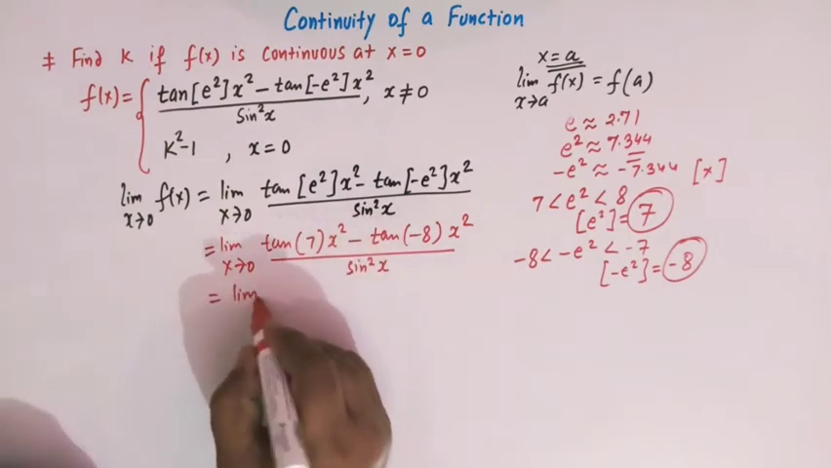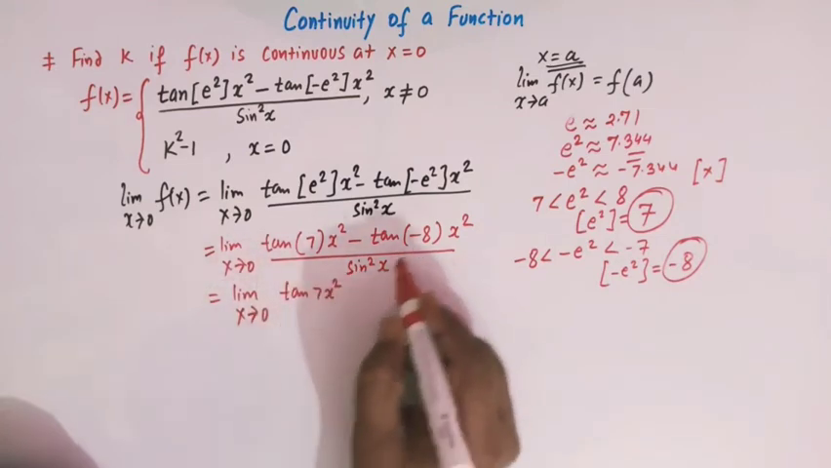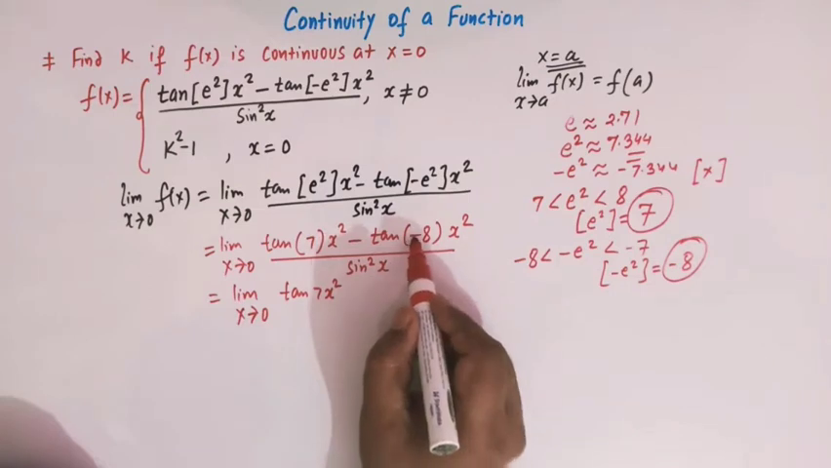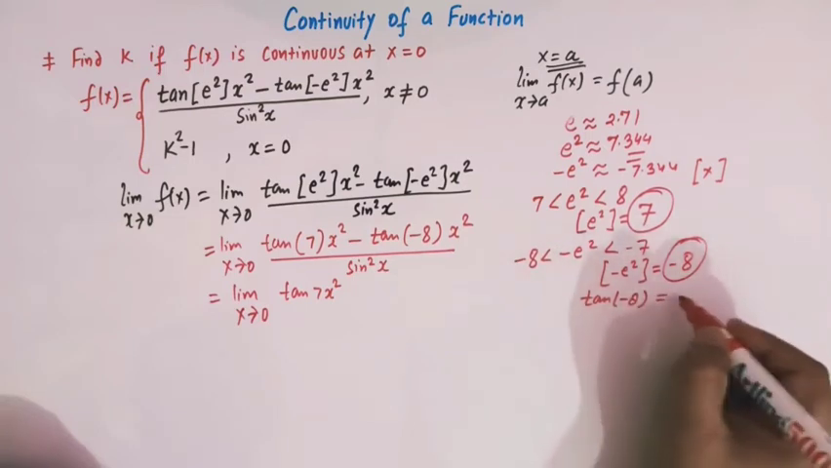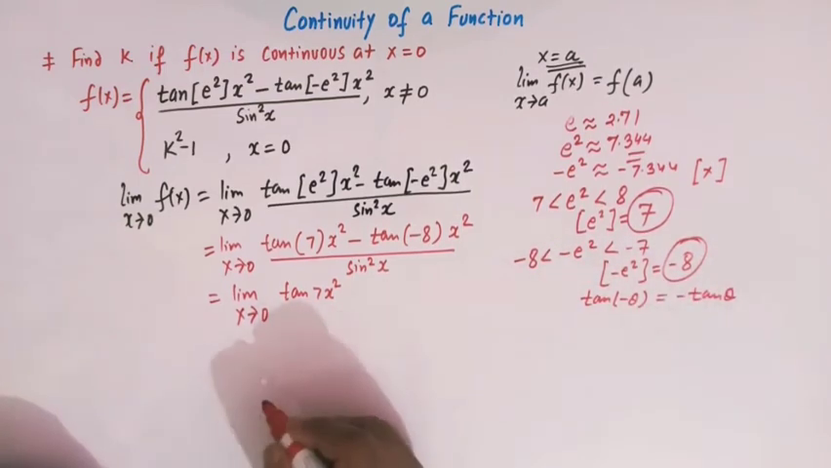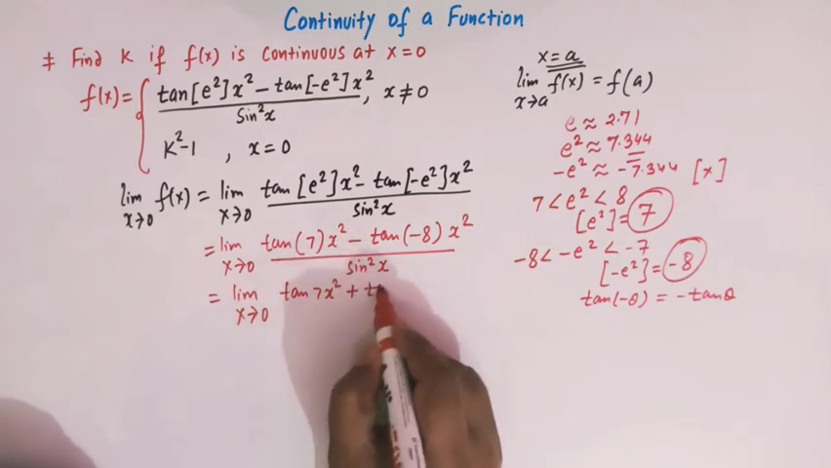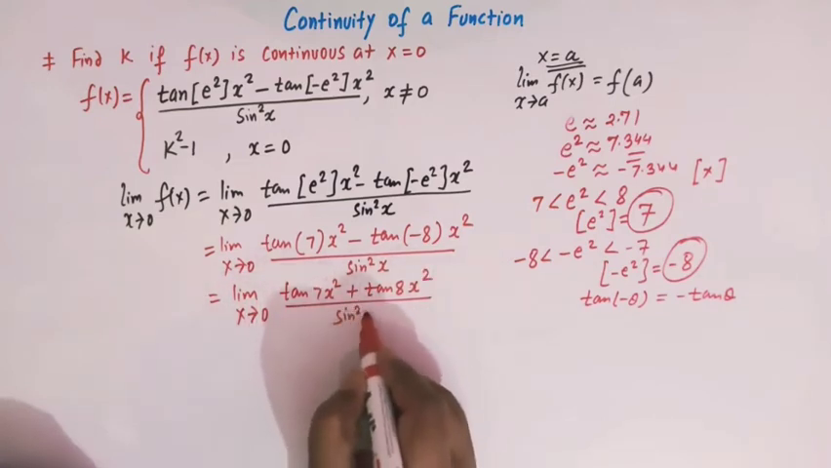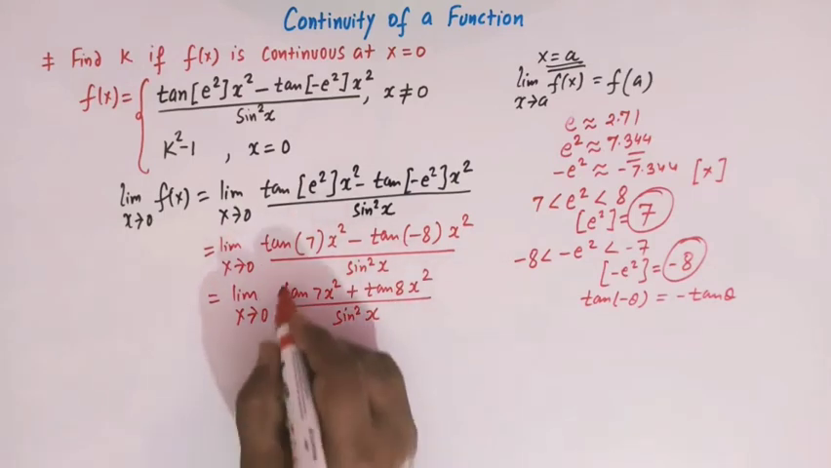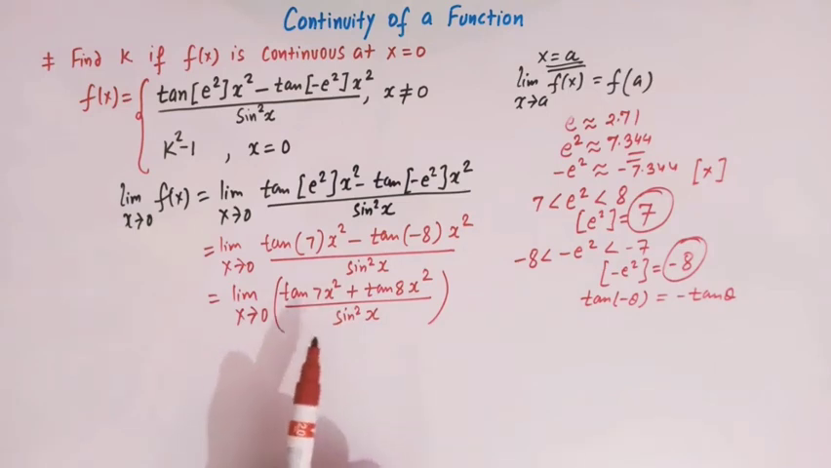So this can be simplified as limit x tends to 0, this is tan 7x square, and here we can take this negative sign outside because we know that tan of minus theta is equal to minus of tan theta, right? So now we have here plus tan 8x square, and we have sine square x, right? So now we have this limit to evaluate, and in order to evaluate this limit, we'll make use of two